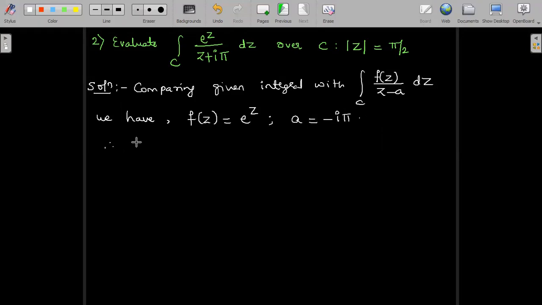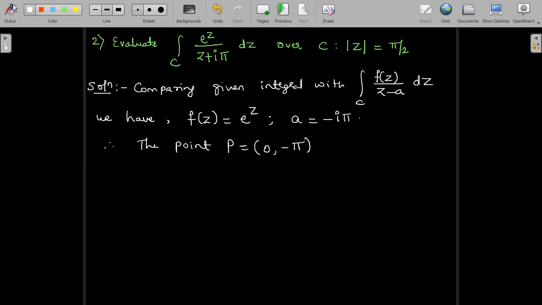Now therefore we can write down the point P. The point P from this, with a equal to minus iπ, will be (0, minus π). How did we write this? By comparing the point a with the form x plus iy. When we compare with x plus iy, we observe there is no real term, so x is 0. That is why I have written x as 0 here. And the y value is minus π, since plus is compared with the minus. So this is the point P for us.